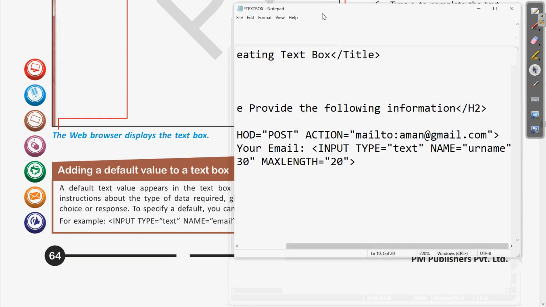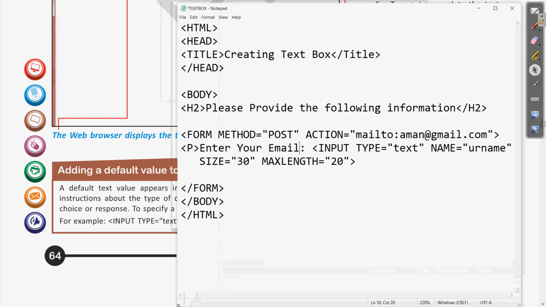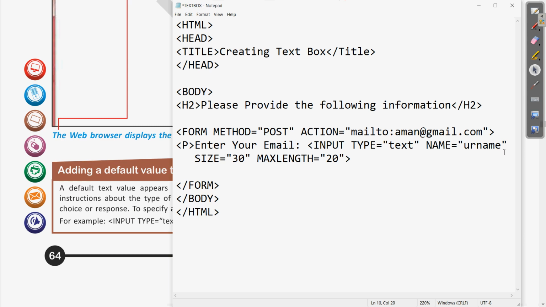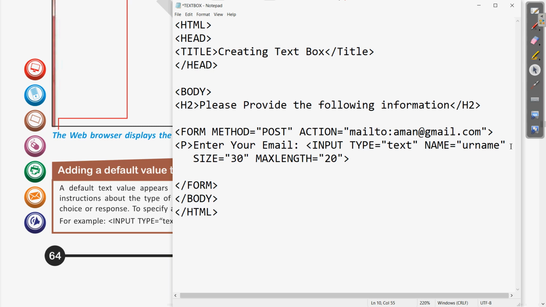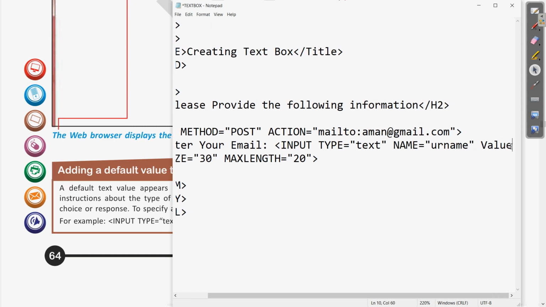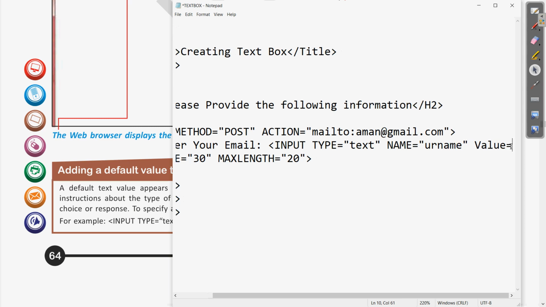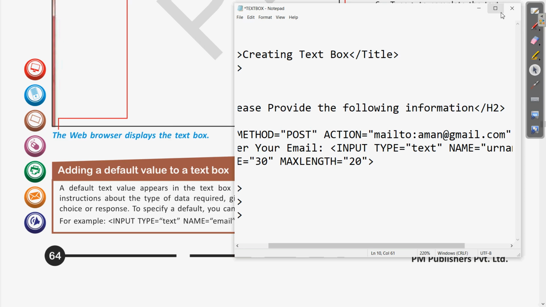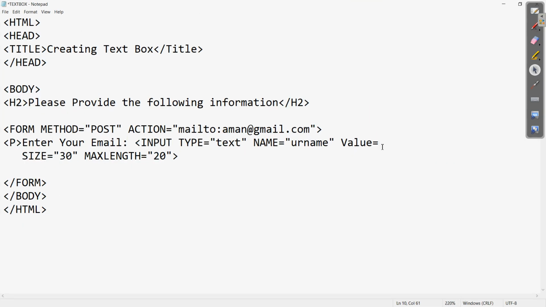If I enlarge it, here is the name, that is the name of this text box, and then the value. Mention this value, then equal to, and whatever you want in the value, you can write, enter your email.